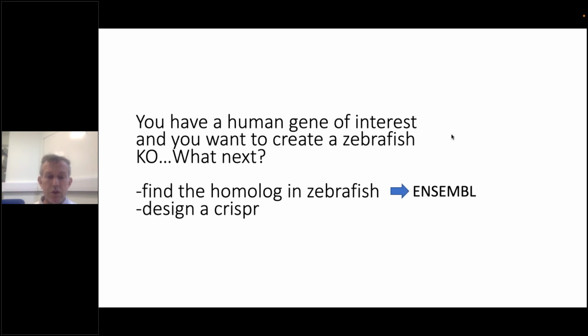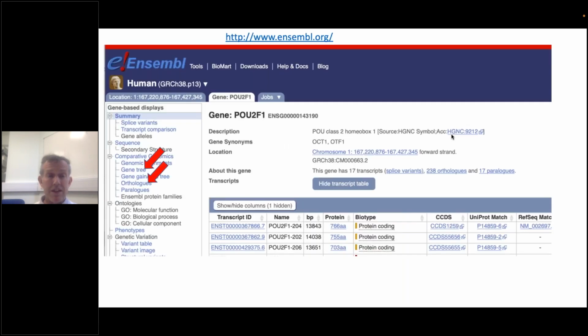So what we use for identifying homologs is, out of convenience, Ensembl. Ensembl is a website, I hope you're aware of this, where you can find your gene of interest relatively easily. So here we went for a human gene. I chose the POU2F1 gene. This is because we've used it in several practicals. And I found the human gene on Ensembl, as you can see over here.